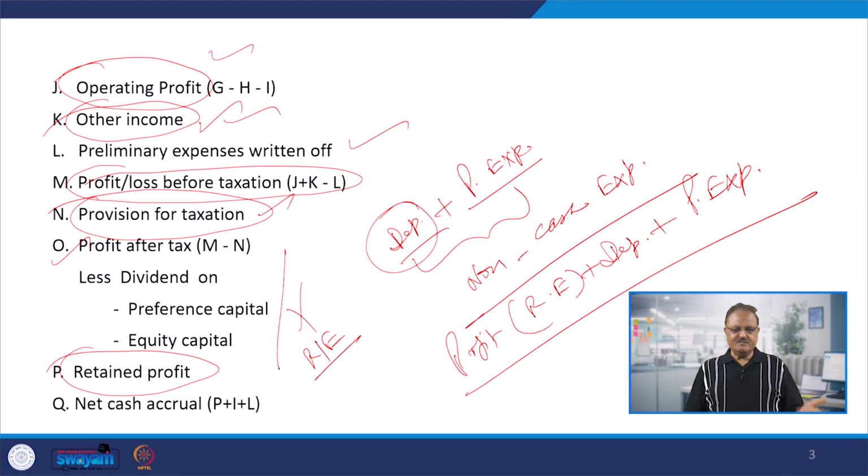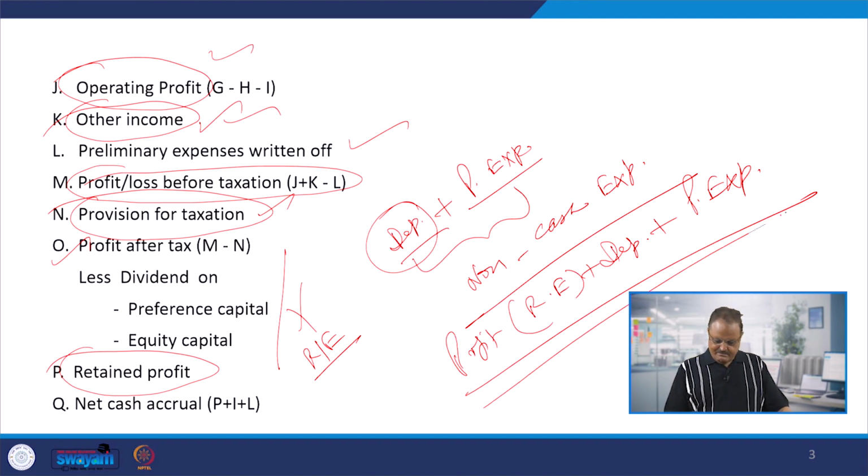That should match with the balance sheet also, and that should match with the bank balance which we have in the bank, or the passbook balance also. So cash book and passbook balance should also match. The closing cash balance given in the balance sheet should also match with this cash balance, and from the income statement, we will go to the cash flow statement, show it there, and work out the closing cash balance. So retained profit, retained earnings are a very important component which provides internal sources of